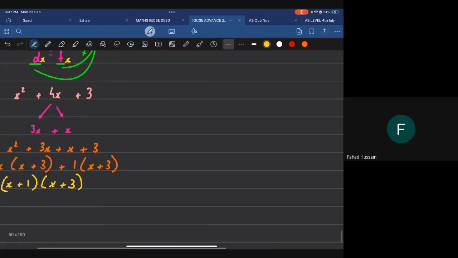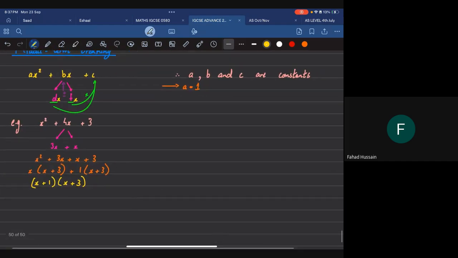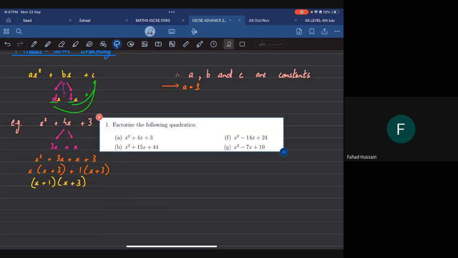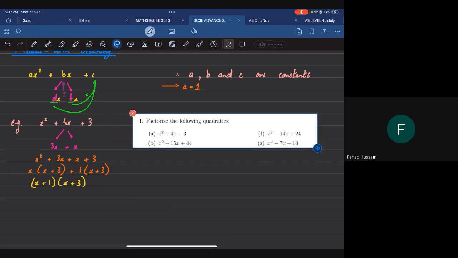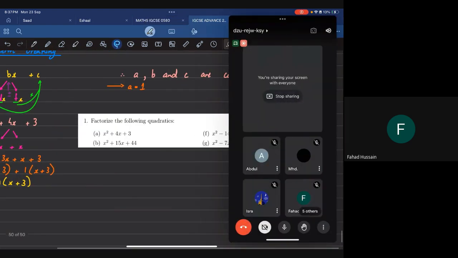Any questions regarding this? Ayan, is this clear? Yes, it's all right. What about the rest? Well, then if it's clear, I've solved part A for you just now. B, F, G are waiting for you to solve. Quickly do it. And also give me 2 minutes. I'll be right back.